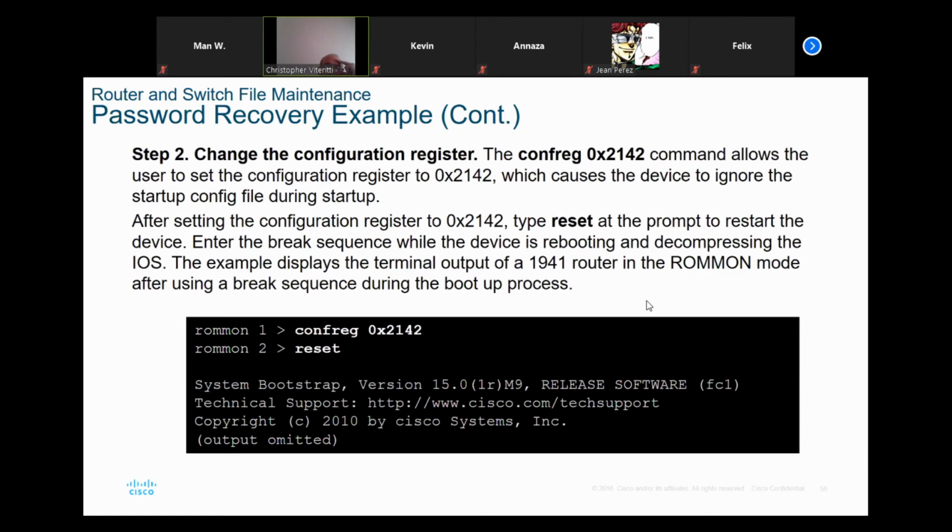confreg 0x2142. Now I'm going to tell you right now, okay? When you enter these configuration register values, you must be very careful because there are some values that you cannot recover from once that device power cycles. So be very careful that you entered the correct value. There are all different values that you can enter that allow you to change the baud rate and all kinds of other things. The two that we work with are